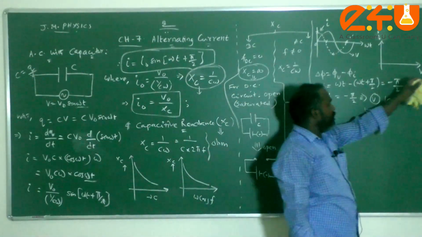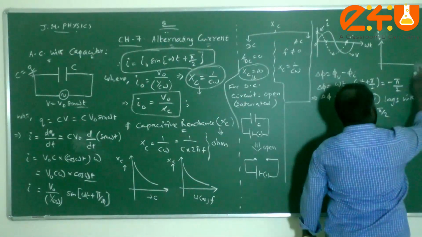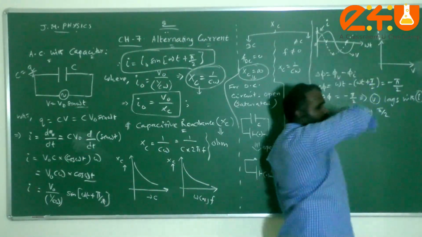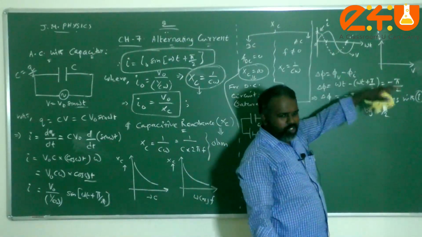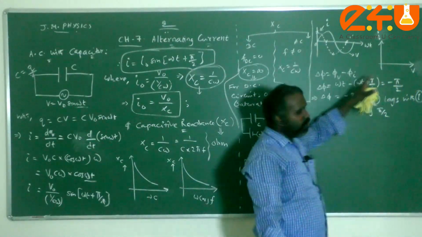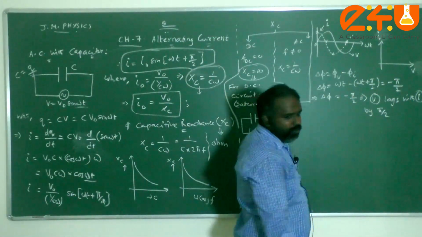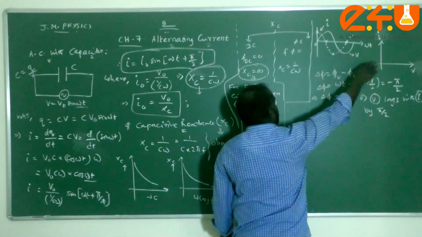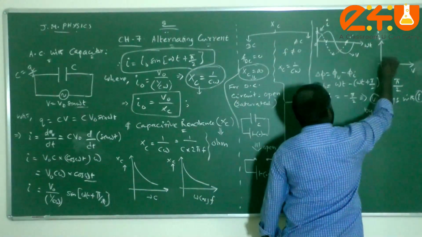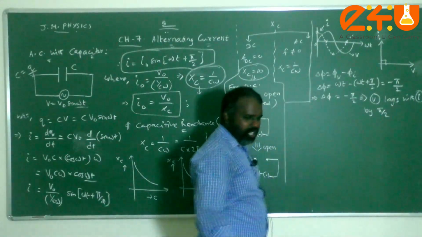That means when the current is leading, the voltage is lagging. Therefore, when the voltage phasor is at the origin, the current phasor leads and has a positive maximum value when the voltage is 0, as we discussed in the graph. So that is the graphical representation for voltage and current, and this is the phasor diagram. The phase difference is 90 degree.